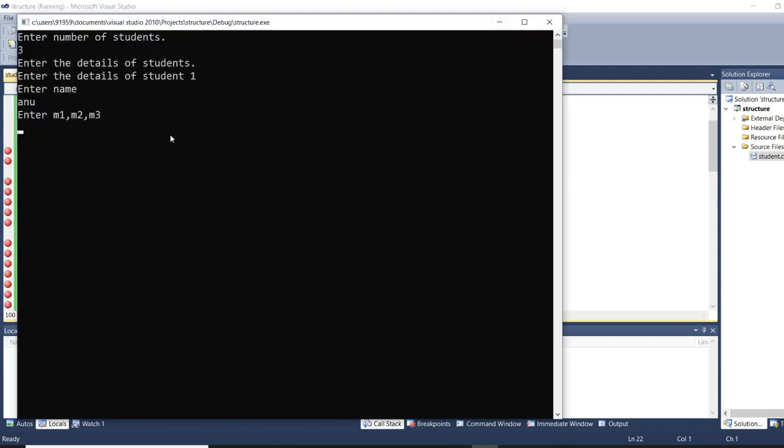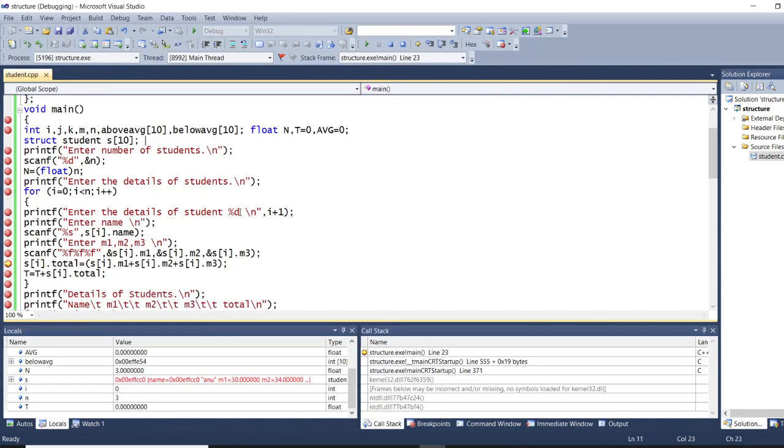You can see here it will ask to enter m1, m2, m3. I will give the marks for the first student: 30, then 34, then 37. These are the marks 30, 34, and 37. I'll click on enter.